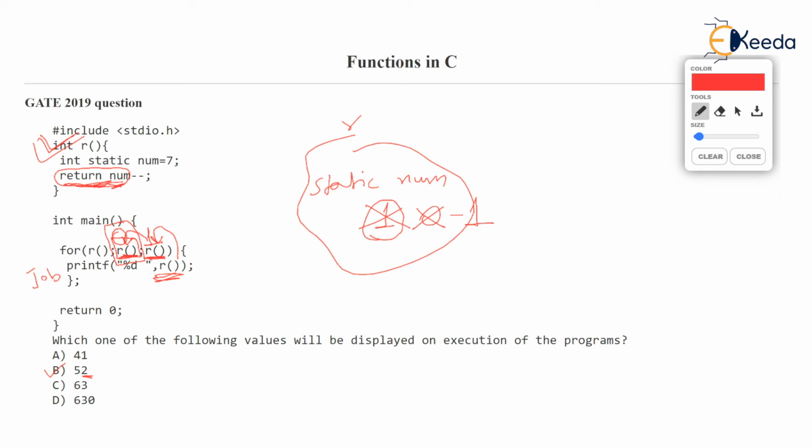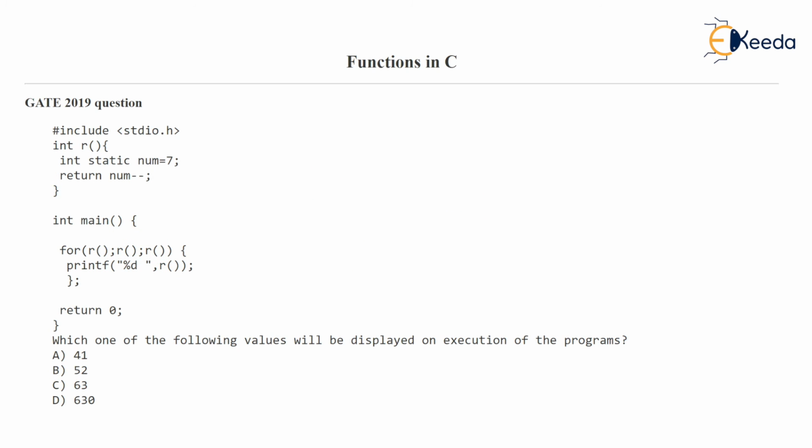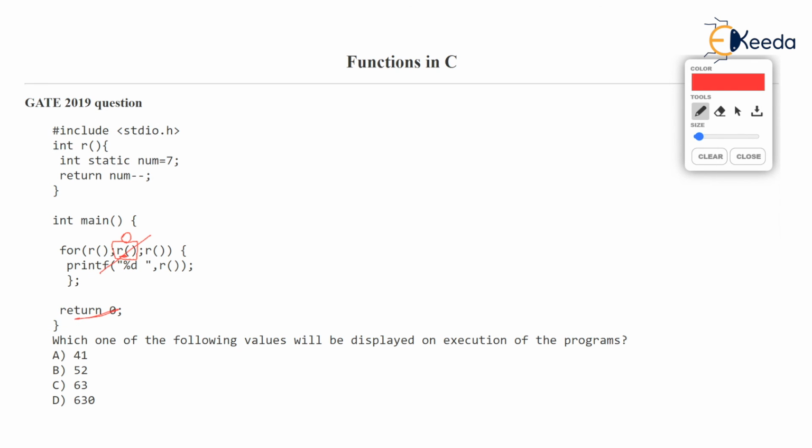Now, why I continued explaining this is because the for loop should end, correct? If the for loop never finished, then it would have been a forever loop, and none of the options would have been correct. But GATE people cannot be wrong, and obviously there is a time where this condition has to get a value 0, and 0 means false. So whenever the condition is false, the loop simply breaks, and the next line runs, which is return 0 and end of the code. So the correct output is 5 2.